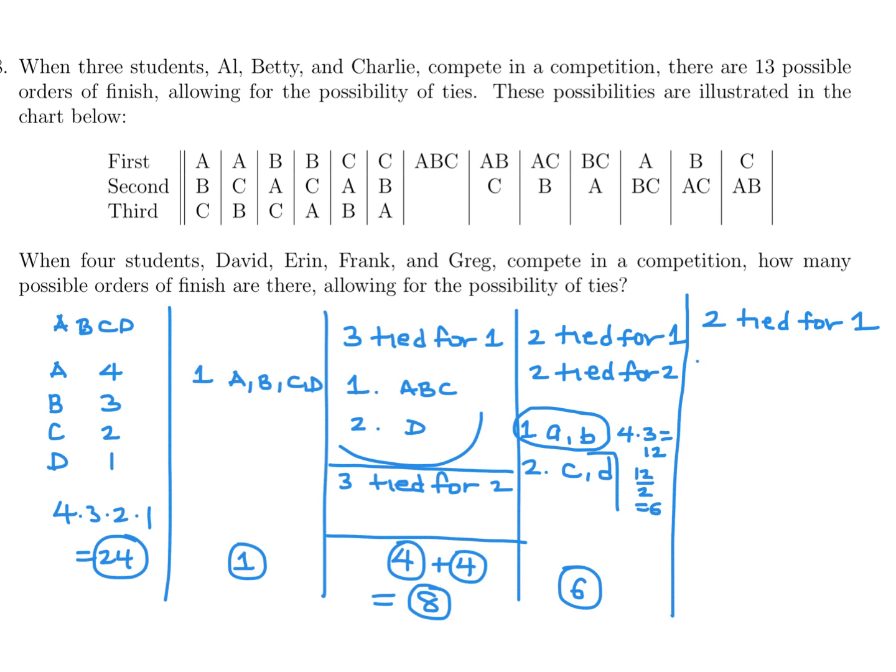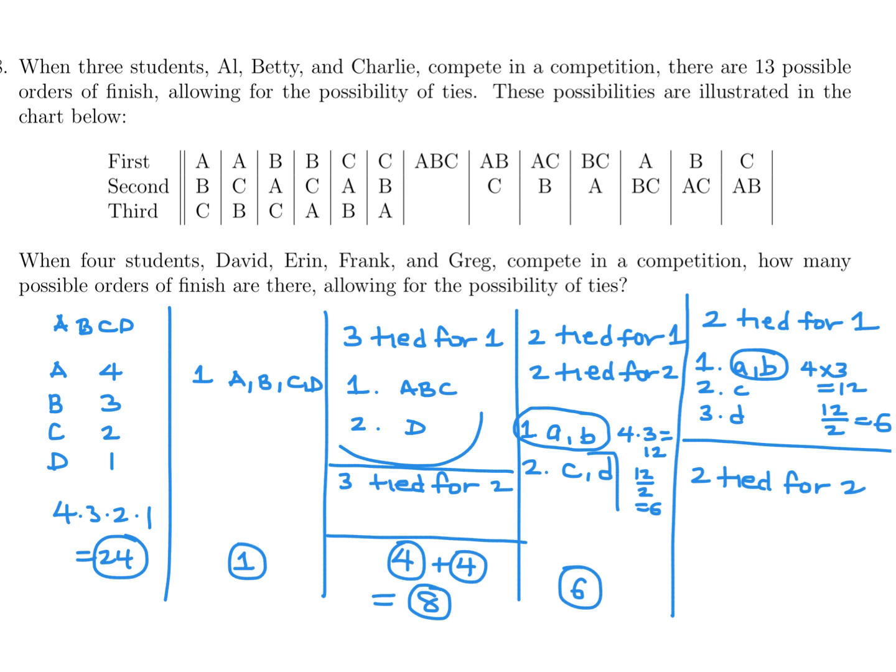Okay, so that means you have, for example, A and B, and then you have, say, C, and then you have D. So for A and B, you have 4 times 3, which is 12, but then you have to divide that 12 by 2, because that could also have been BA, and BA and AB are the same thing. Or you can have 2 tied for second. And when you have 2 tied for second,